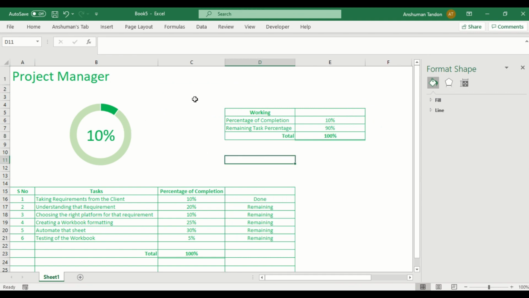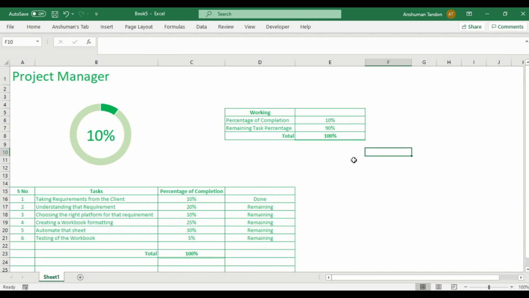So now you can see that our project manager is completed, and I have used a little bit of my imagination to make this look a little bit better than any other project manager that a normal user will create. What they will do is just put 2% and make it look too bad in Excel.